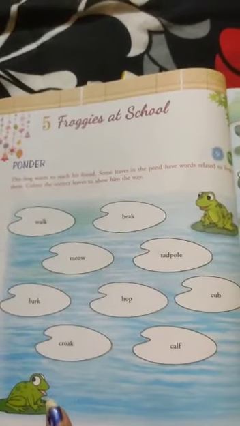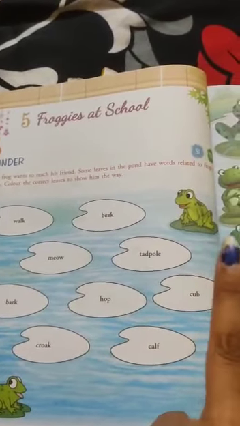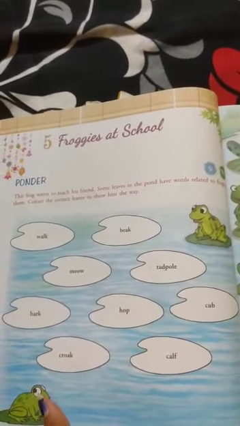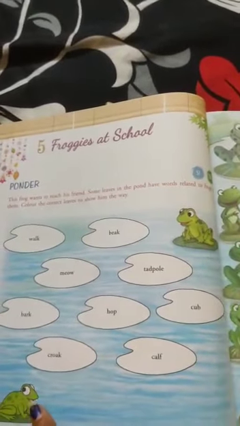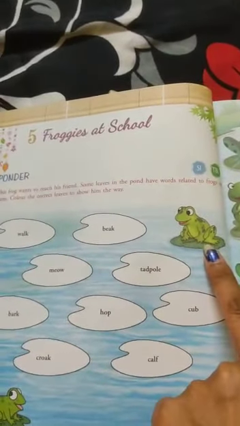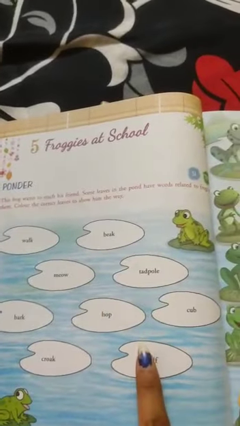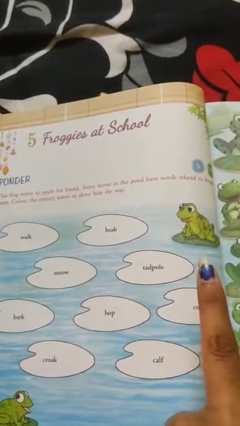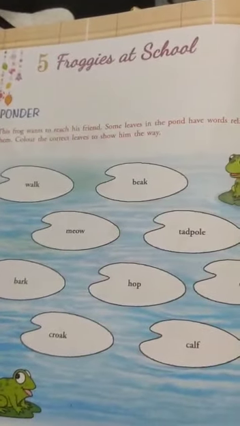Now here some words are given and here are 2 frogs you can see. One is the small one and one is the bigger one. So what we have to do is the smaller one has to reach to the bigger one. So on which leaf he will be jumping and he will be reaching to him. So we have to color the correct leaf. Now you can see it here that